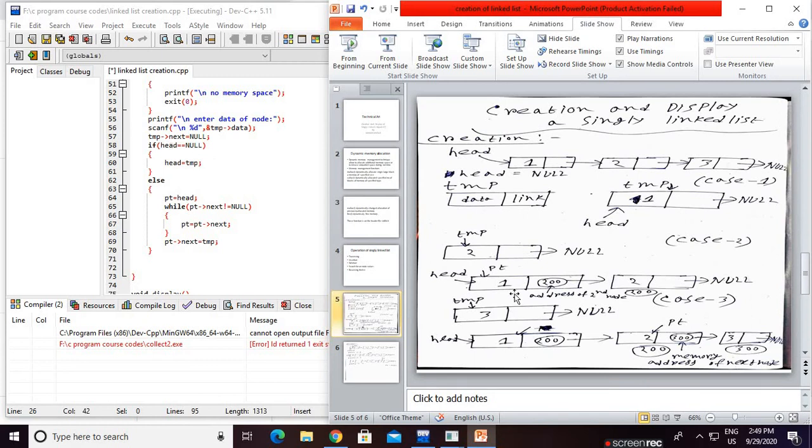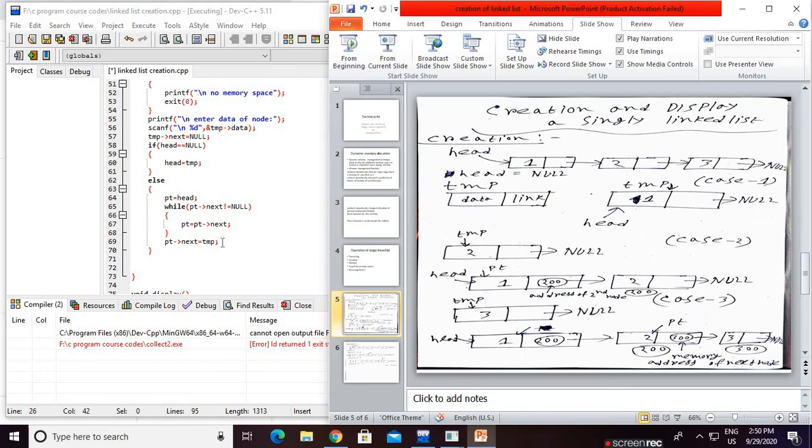Head is not null, obviously not null. Here there is a node pointed to by head. Now check that. So come here, PT equals to head. PT is now pointing to the head. While PT arrow next not equals to null, is it true or not? Not equal to null, the condition is true. Then if the condition is true, increment PT. PT is updated, and now PT is pointing to this node. Again check, is PT arrow next null or not? Yes, null. Then stop here.